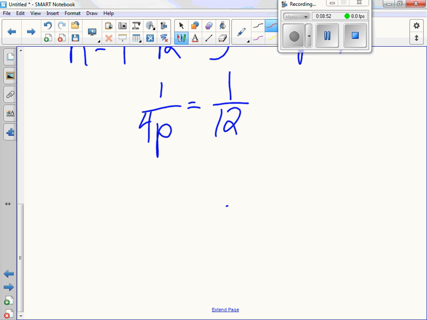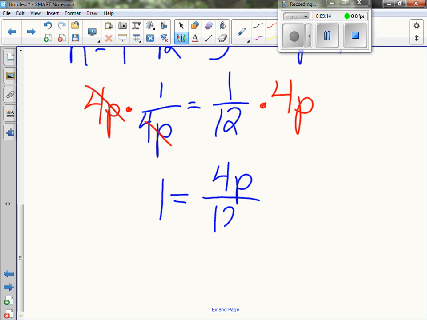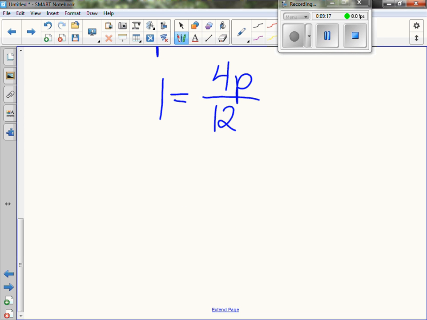So what do we do first? Because the first step is pretty much always going to be the same. We're going to multiply both sides by 4P, because these two here will cancel out. Which gives us 1 is equal to 4P over 12. So we're good with this here. Well, 4 over 12 will reduce, won't it? To P over